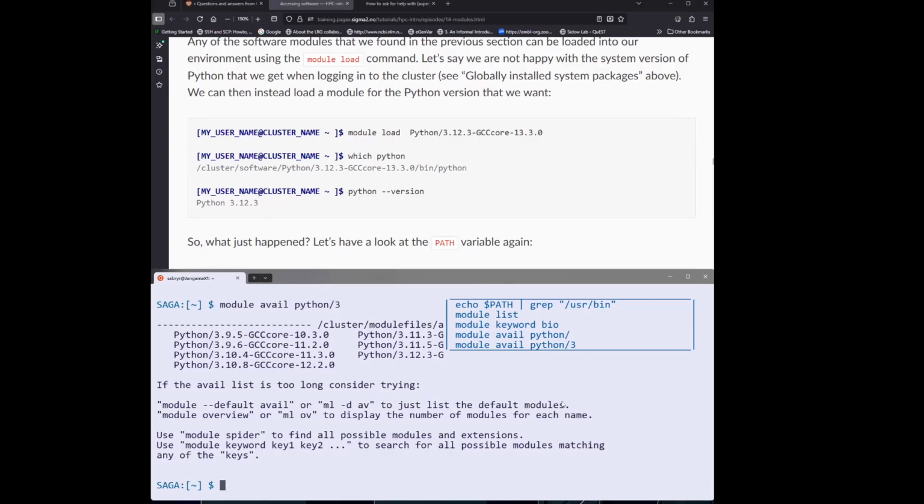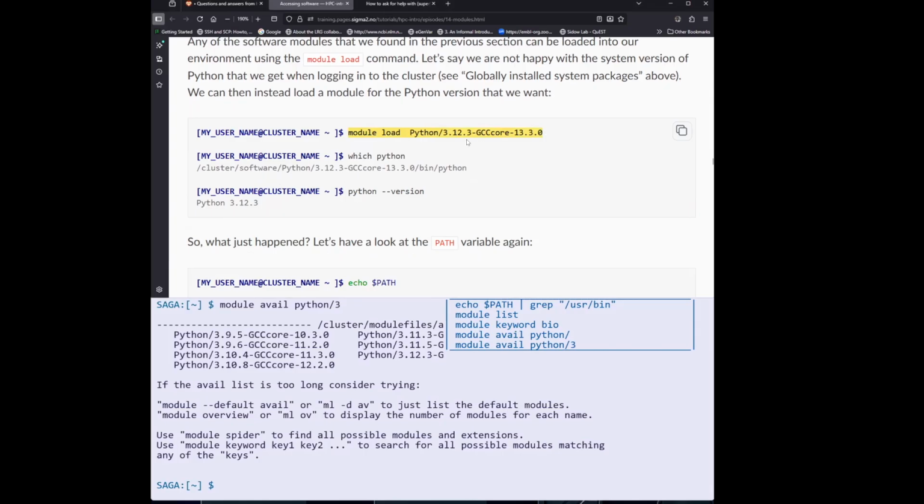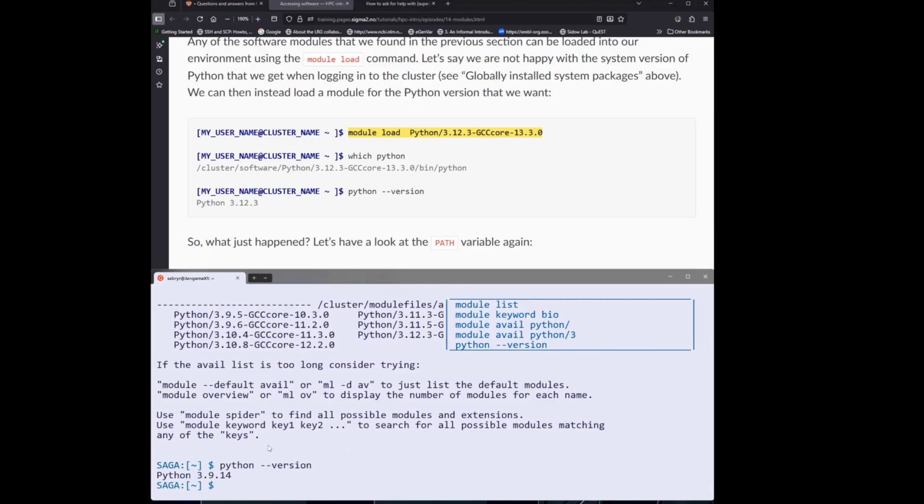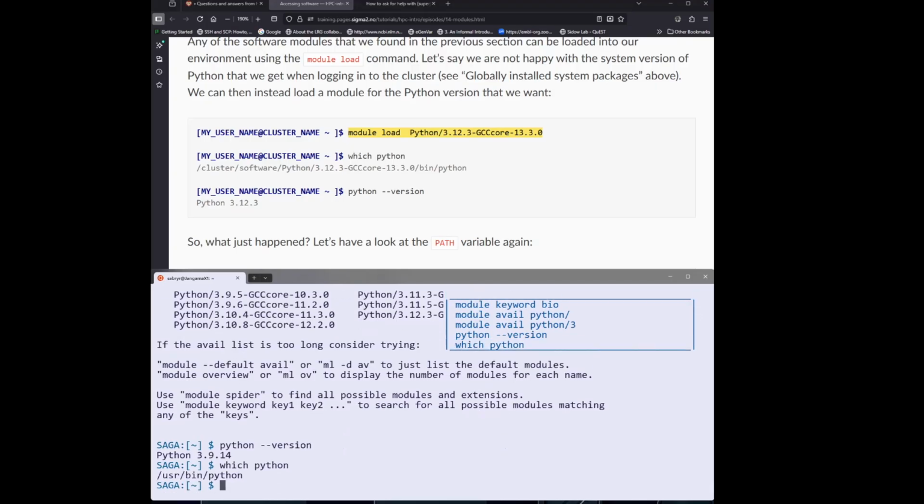Then what I would do is load the module which is Python 3.12.3. If you remember, the Python version I have was 3.9.14, but I want this version. So the way to use a different version from the one I have on my computer is to use the module command. Before that, I'll ask the system again to remind us where Python is loading from. Then I will load this command,